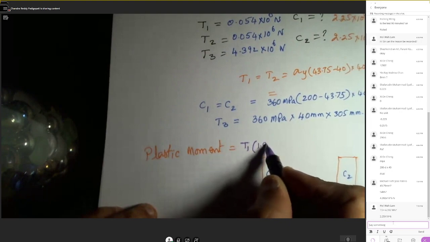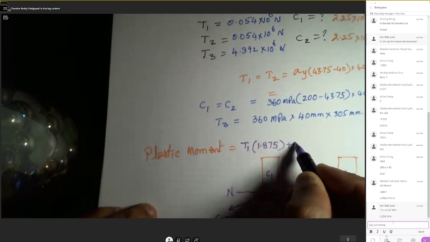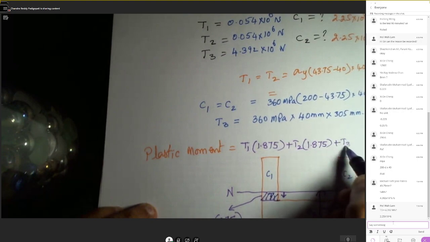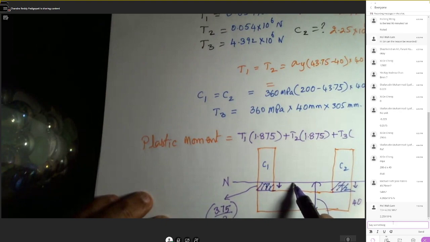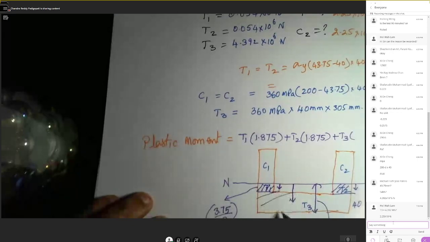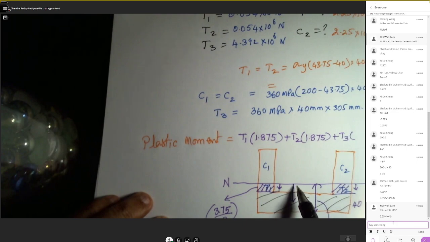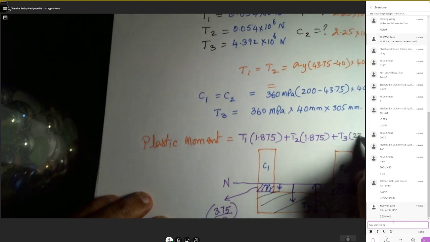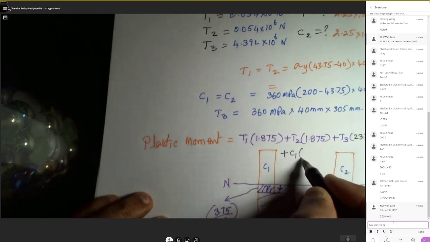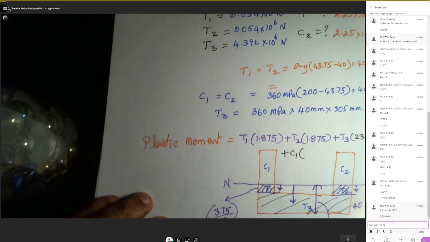So that will give you T1 into 1.875 mm plus T2 multiplied again with 1.875, then plus T3. For T3, we need to calculate from the neutral axis to the centroid of this zone. If you consider this is all T3, so to the center of the T3 zone, this is 40, so half of that will be 20 plus 3.75. So you are multiplying T3 with 23.75. Okay, so then plus C1 multiplied by, from the neutral axis,